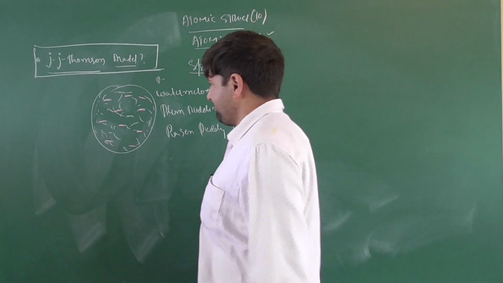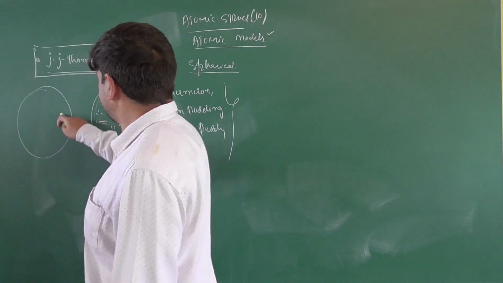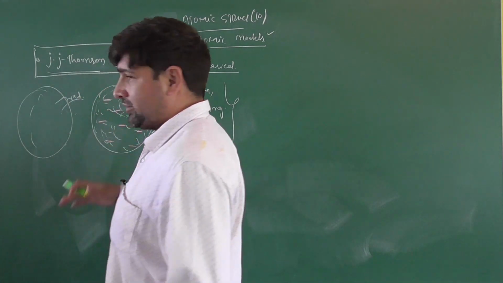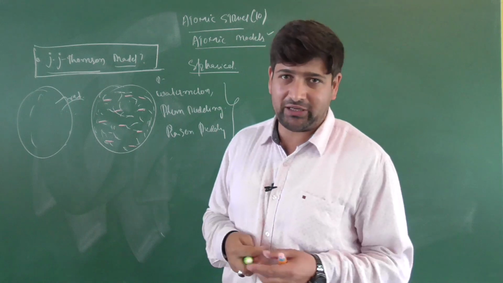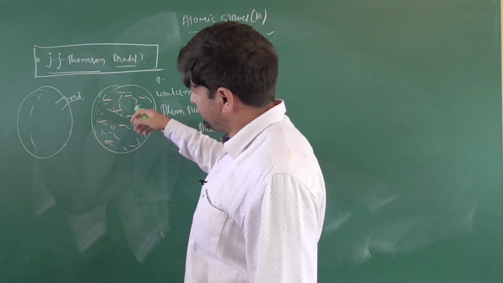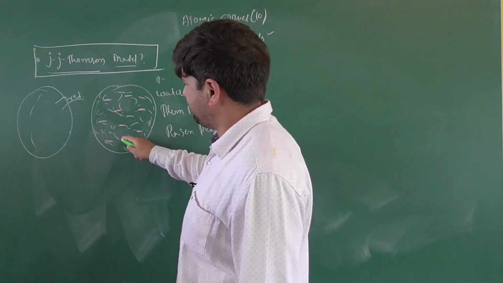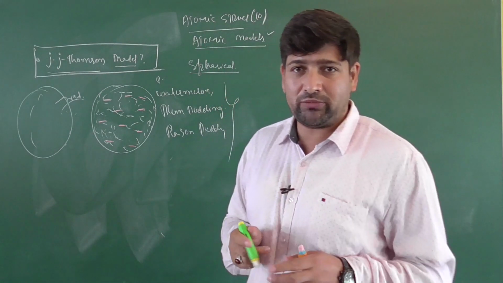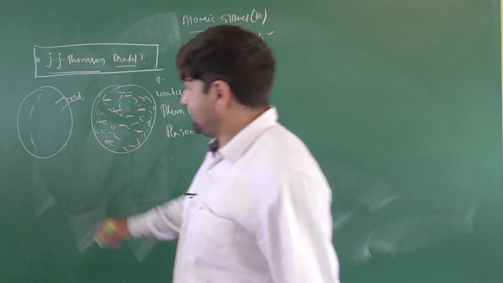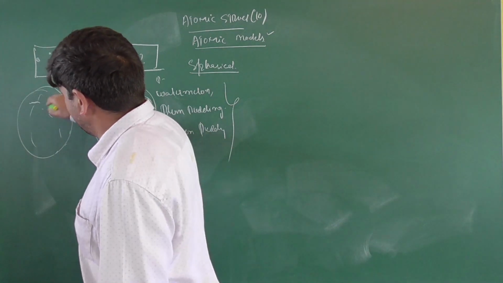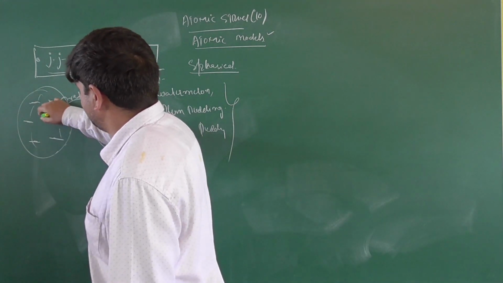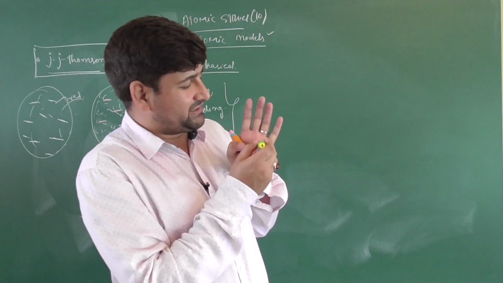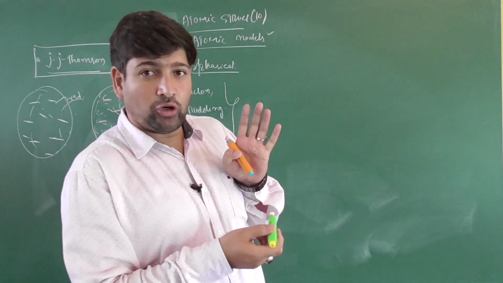Now, if you see a watermelon, you can just take the analogy. The red part of the watermelon is considered here most mass of the watermelon, and here the mass is due to protons and neutrons. The mass of an atom is uniformly distributed. That means those subatomic particles are uniformly distributed in the whole of the atom, and the seeds present in the watermelon are analogous to those of electrons, which are maintaining electrical neutrality. So when you open the watermelon and see, you will find the raisin structure is present on the whole clear red surface.